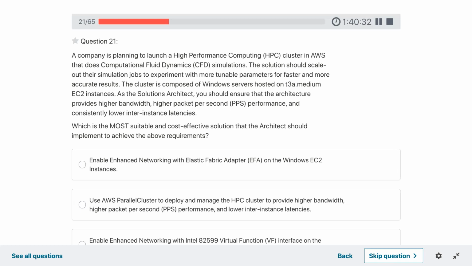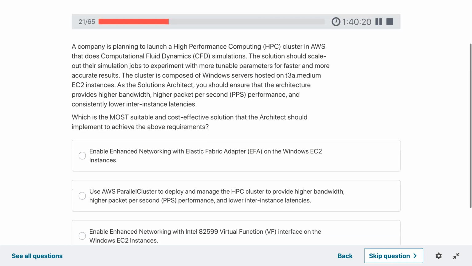As a solution architect, you should ensure that the architecture provides higher bandwidth, higher packet per second performance, and consistently lower inter-instance latencies. Which is the most suitable and cost effective solution that the architect should implement to achieve the above requirement?